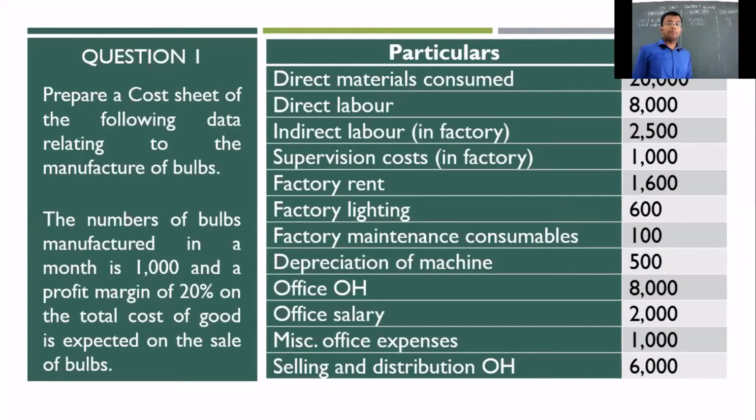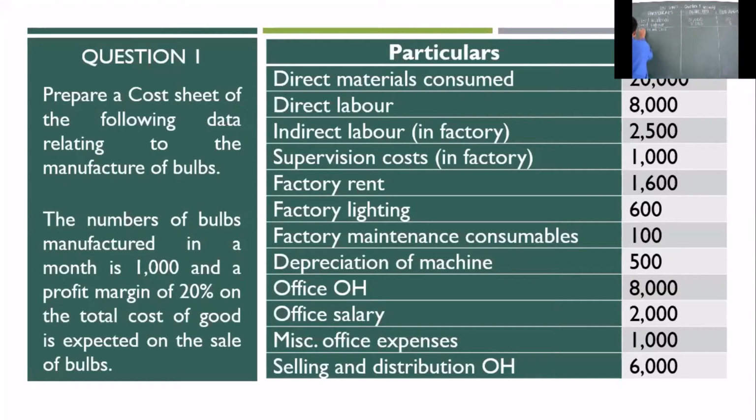Now the next element of your prime cost is your direct expenses. But in this particular question, we do not have any direct expenses given to us. So, which means we can quickly sum this up, and we know this division is your prime cost.